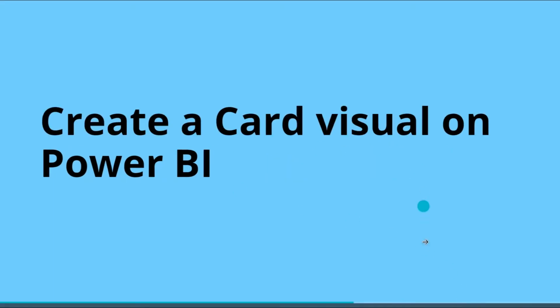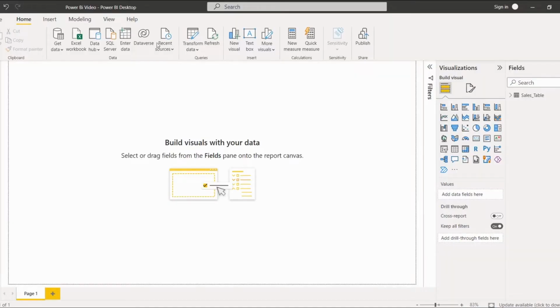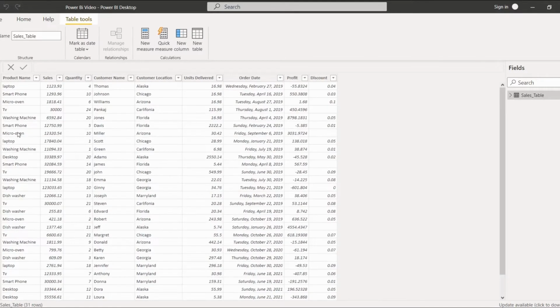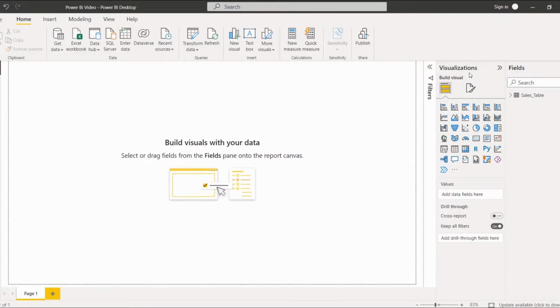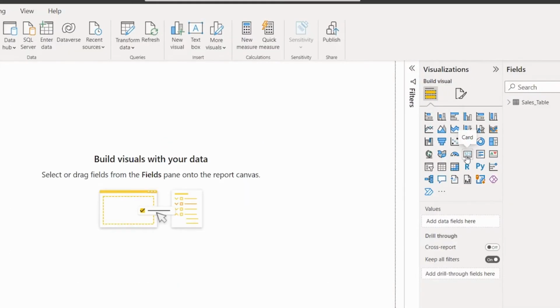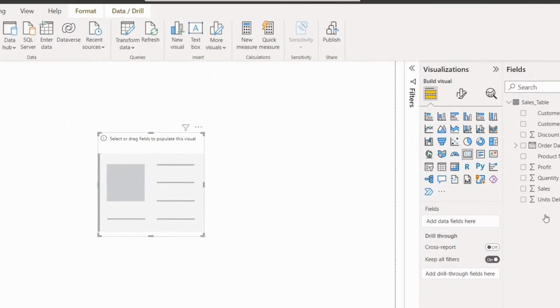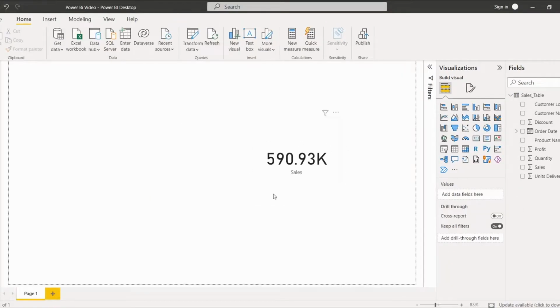So I will show you how to create a card visual in Power BI Desktop. Initially log into Power BI Desktop or the Power BI service and load the data. In this example I have already loaded the sales table data using the get data option. Here you can see in the data section my data has been loaded. Now to add the card visual, go to the report section. Here you can see under the visualization the card option is there. Select the card option, and from the field section select the sales field, which displays the total sales value in